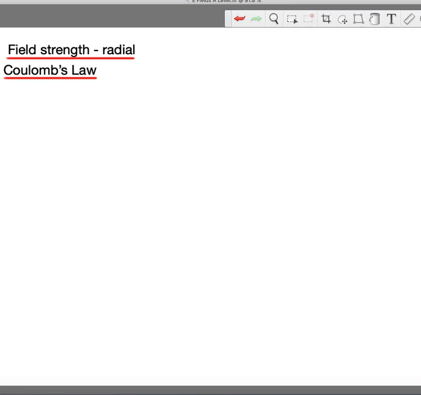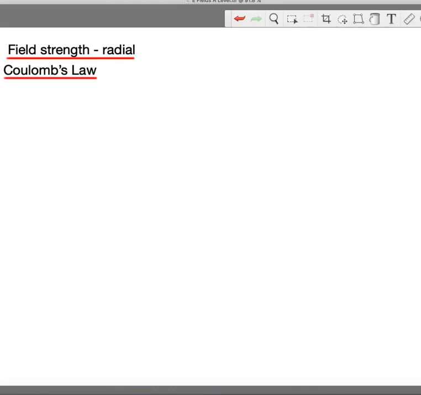In my previous video, we looked at the basics of electric fields. We looked at what a field is. Again, we looked at what an electric field is specifically. We looked at what we mean by electric field strength. We looked at the field patterns around isolated charges, both positive and negative. We looked at the field patterns around two charges near each other, both positive, both negative, and one positive and